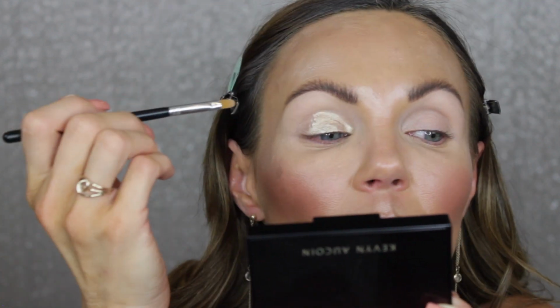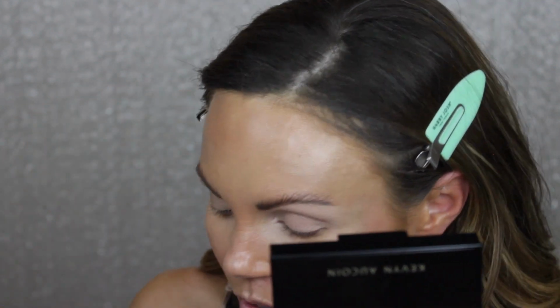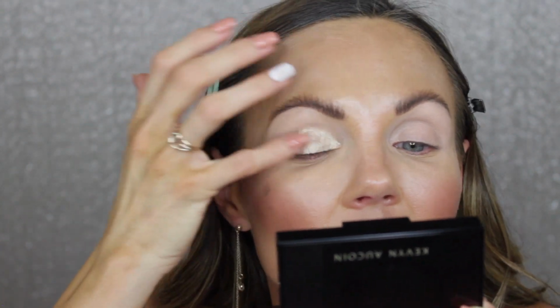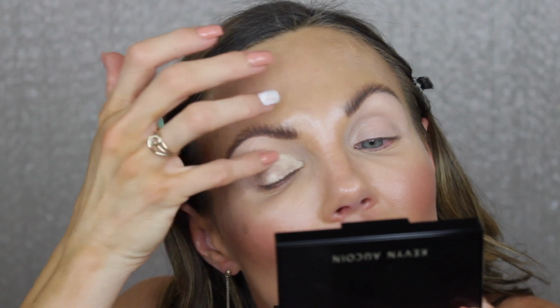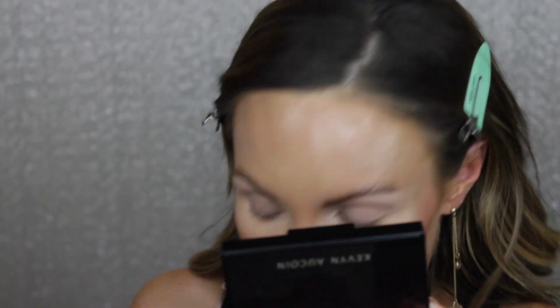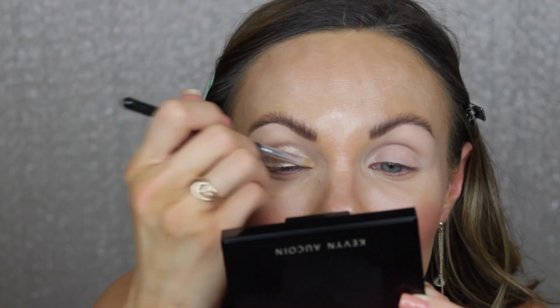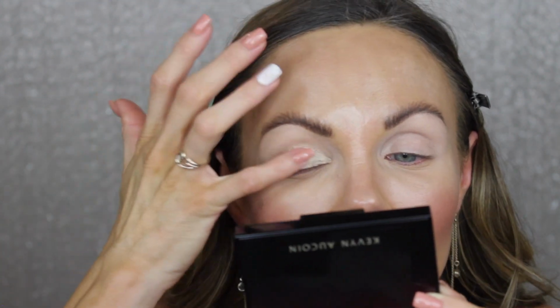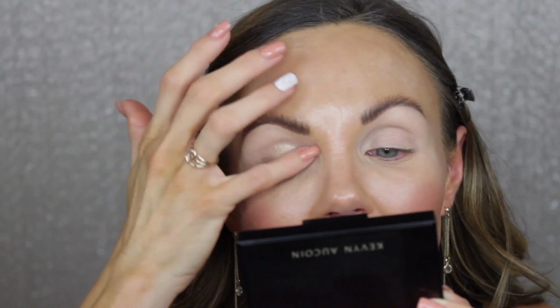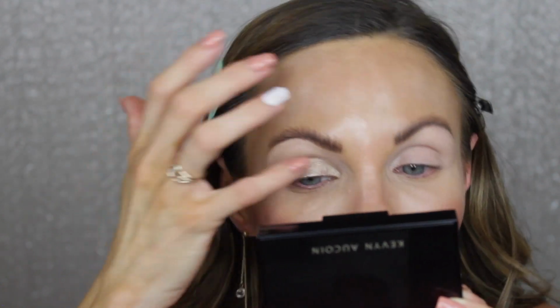Oh, dang, that's beautiful. Okay, the only thing I'm noticing right off the bat is this is a little bit of an oilier product, which makes it blend out really easily, but I don't know how long that's gonna last. This is not like Stila's where it goes on and then dries and sets down. This one has an oil base to it, and so it makes it nice to blend it out. I'm curious how that's going to...